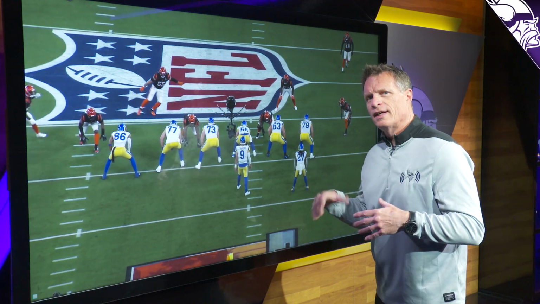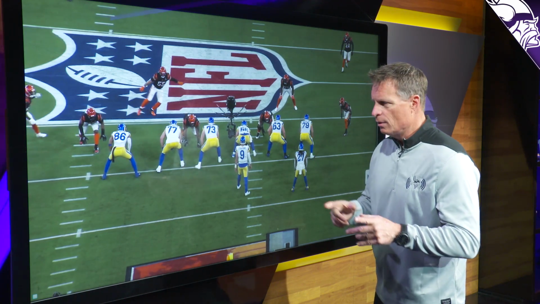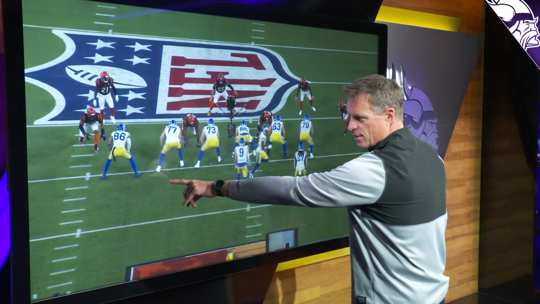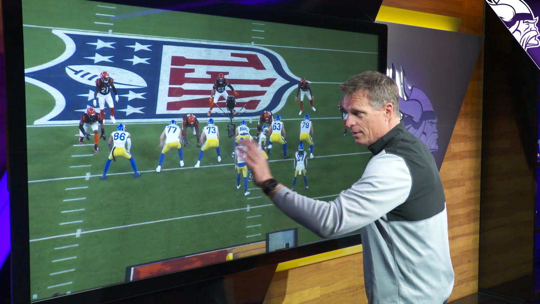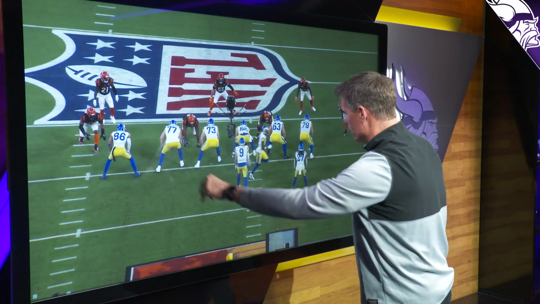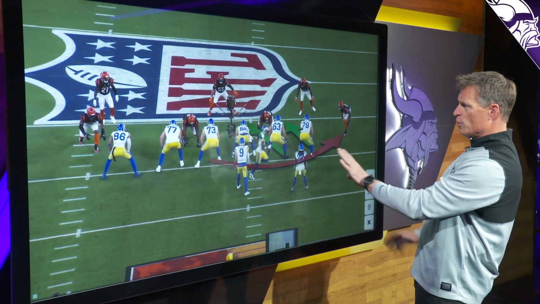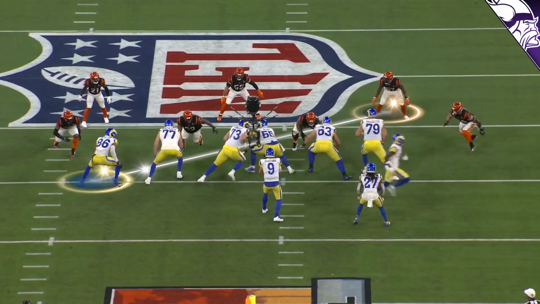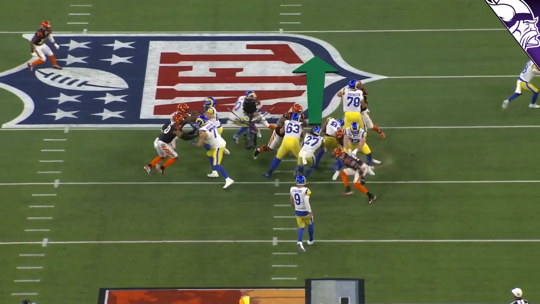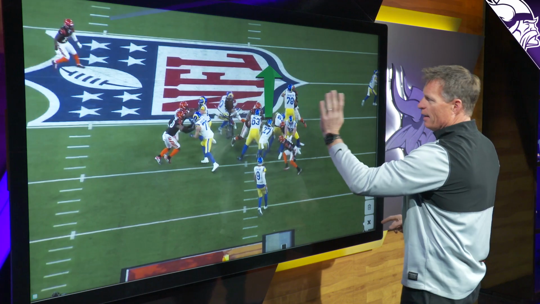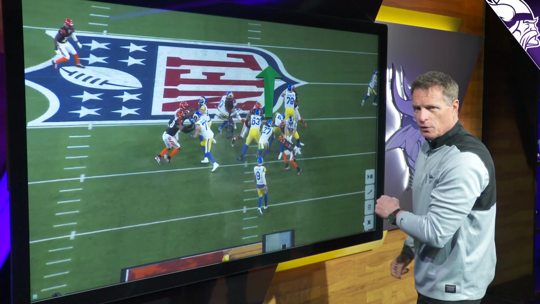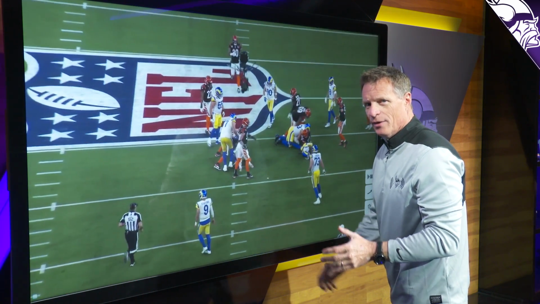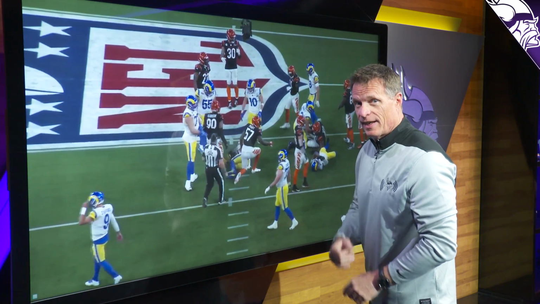On the last play, we saw a counter away from the jet motion. Let's see what happens this time. Wide receiver coming across. Once again, notice this tight end, just a little bit off the ball. Don't notice it if you're a defender. That could cause problems. Jet motion, now they're blocking down and they're gonna kick out this way. The tight end pulling around, guard kicking out, tight end kicking out. They have this thing blocked up. If the tight end is a little more physical at the point of attack, this again is a huge, huge play. We need a tight end that can move and a tight end that can block at the point of attack.